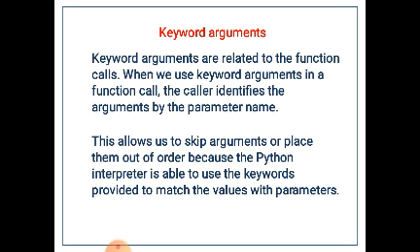This is simply like identifying a student using the hall ticket number. The student has a particular name, but when there are two or three students with the same name, then the hall ticket number is used as the reference to identify that student. So just have a look at the keyword arguments.